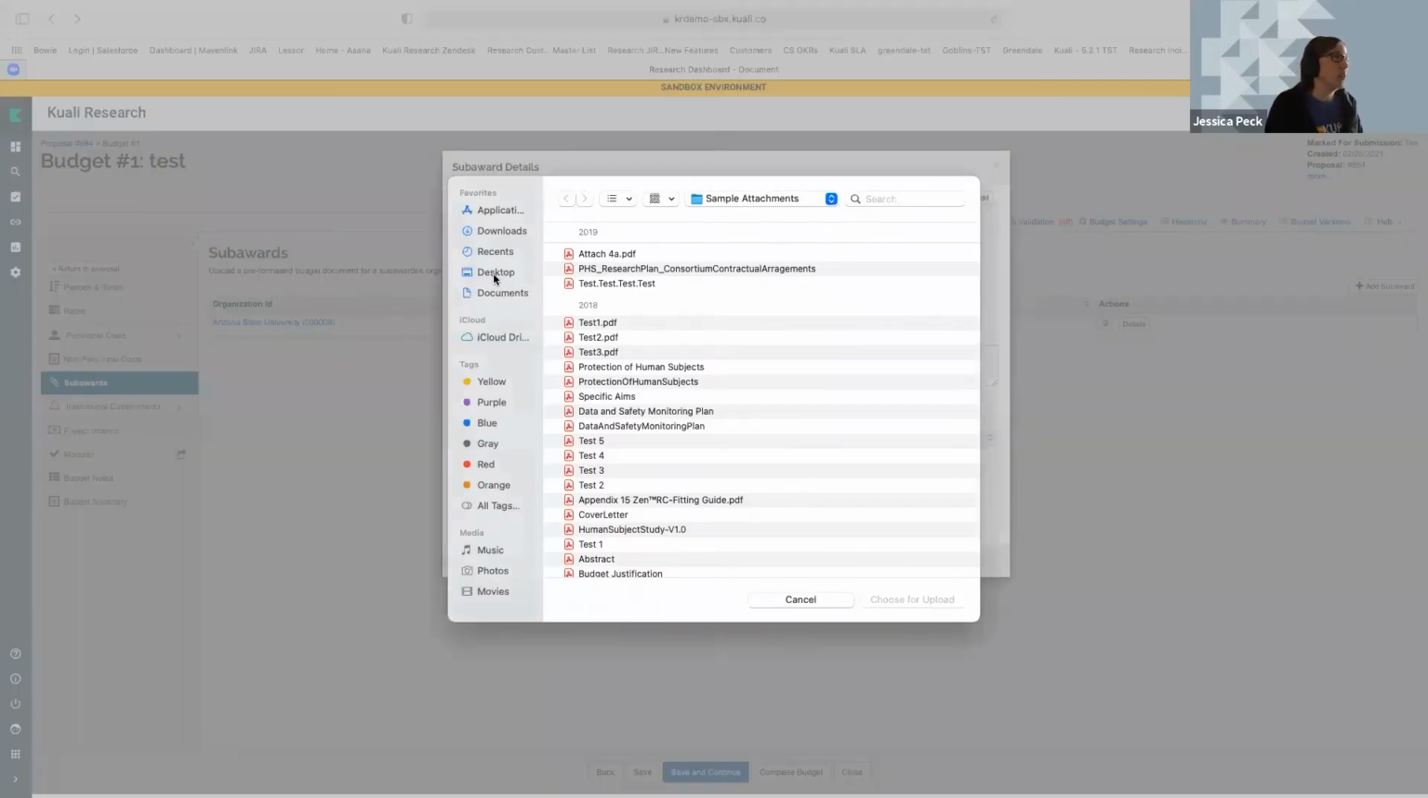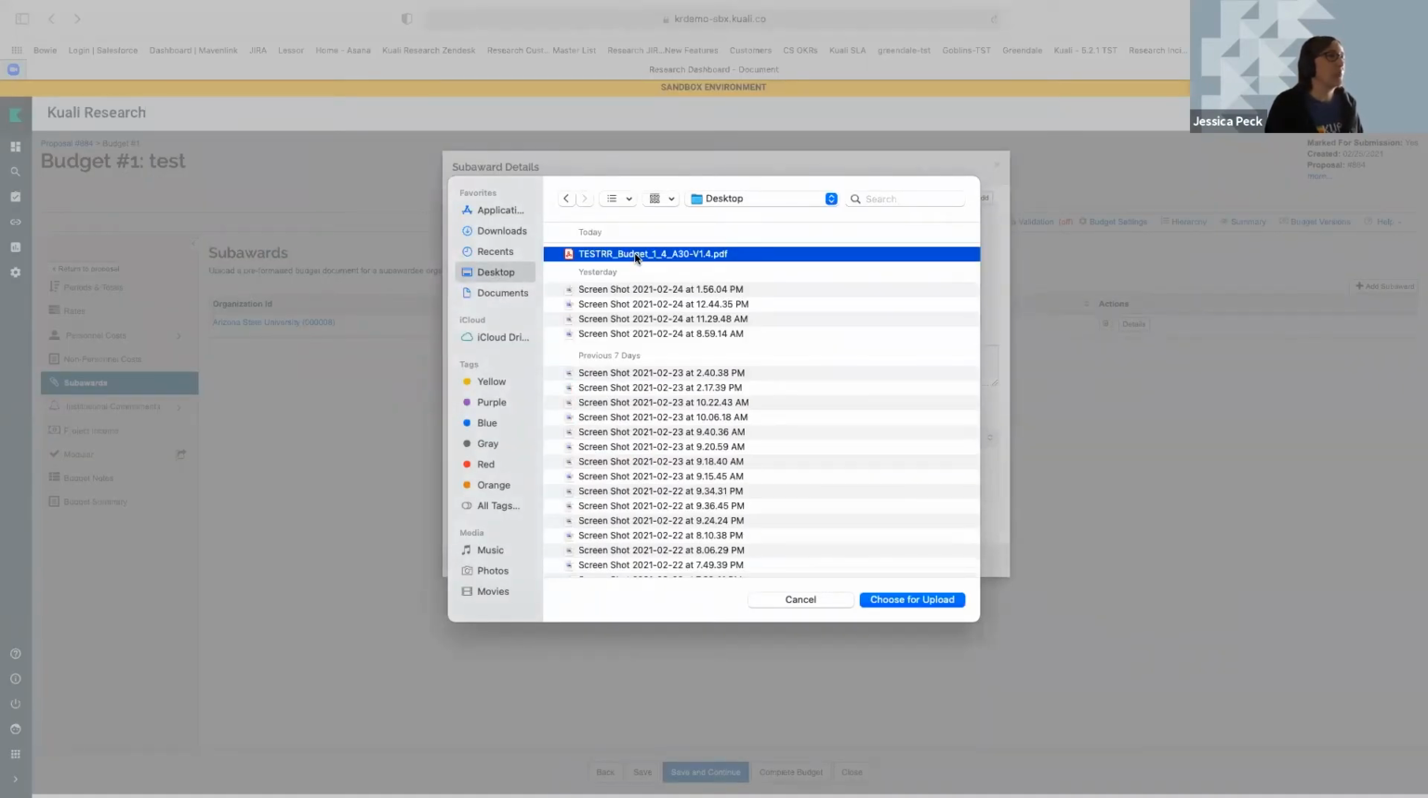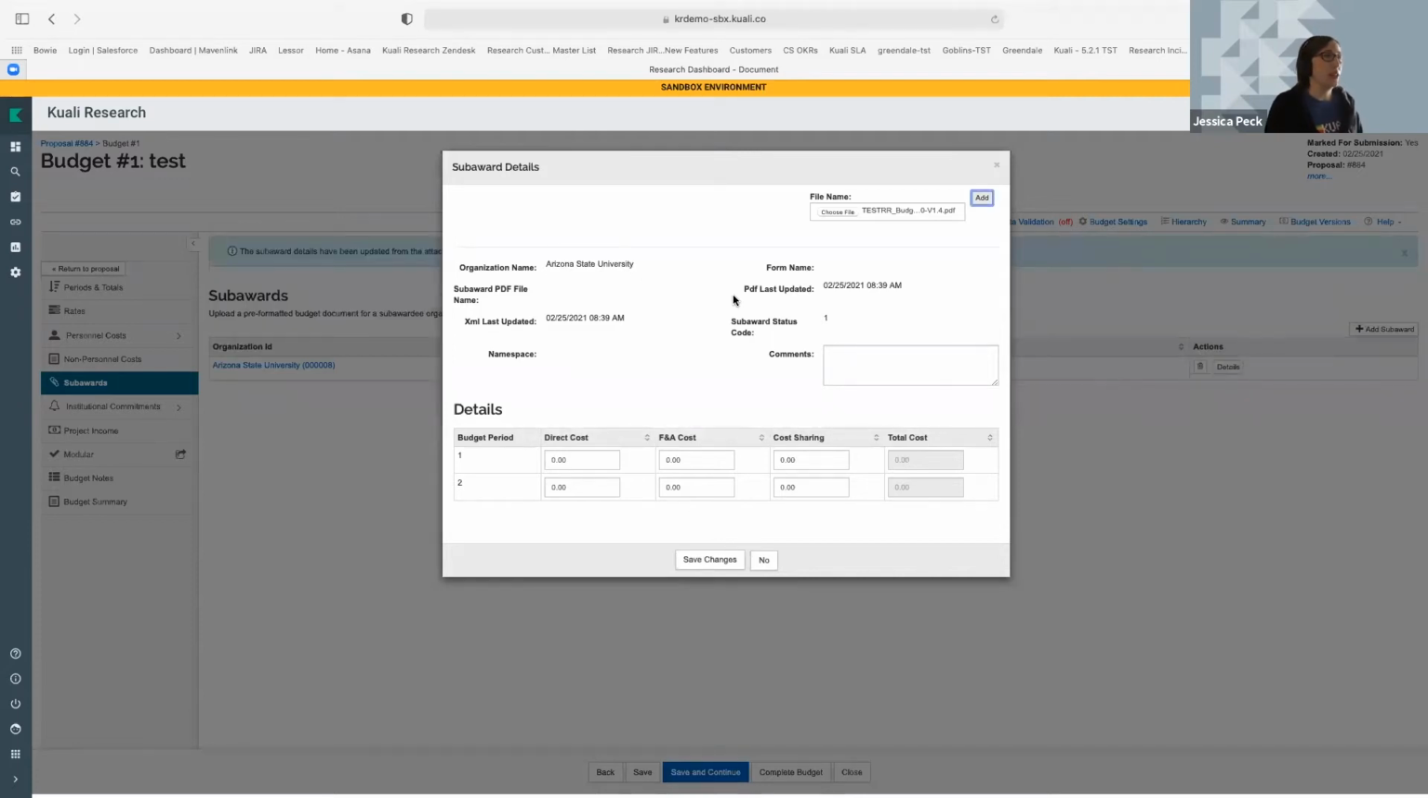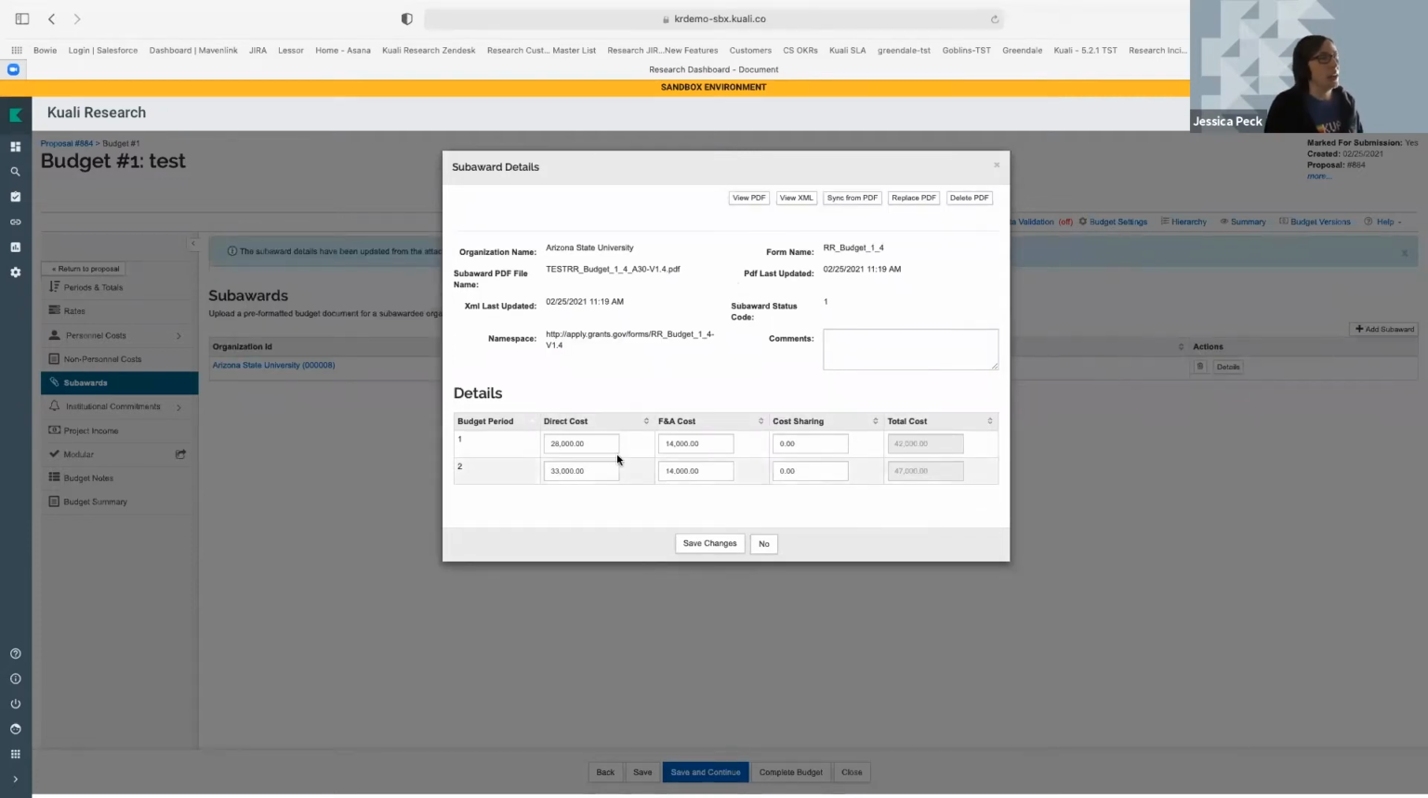So I'm going to go to my desktop. I'm going to get my filled out R&R budget. This is that fillable R&R budget. I'm going to add it, and it will actually be smart enough to extract the information from that subaward and put in the direct and F&A here. And if it had cost sharing, it would do the same. So 28,000 in direct, 14,000 in F&A in year 1, and 33,000 and 14,000 in year 2. So if I save these changes,